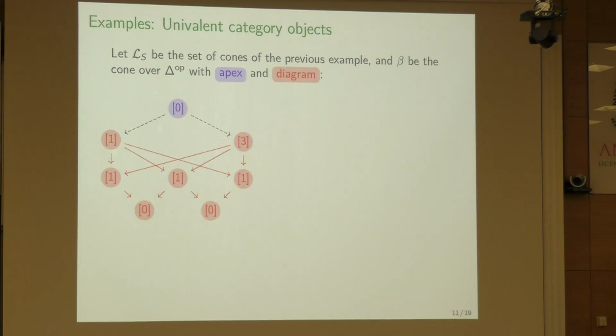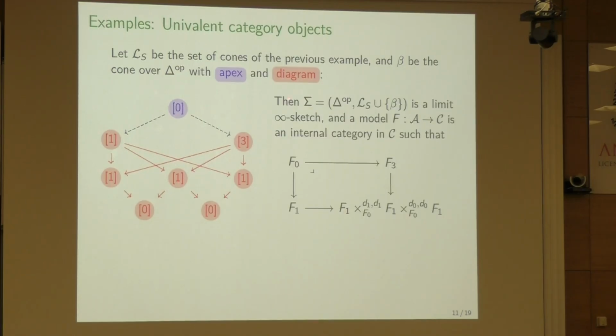So how can we improve this to get complete Segal spaces or univalent category objects? We basically take LS to be the set of cones as before, and we add only one new cone called beta, which is basically this cone drawn here with all this red diagram and this apex. And we can make a translation of this. It's only applying the F and then computing some fiber products, and we obtain this